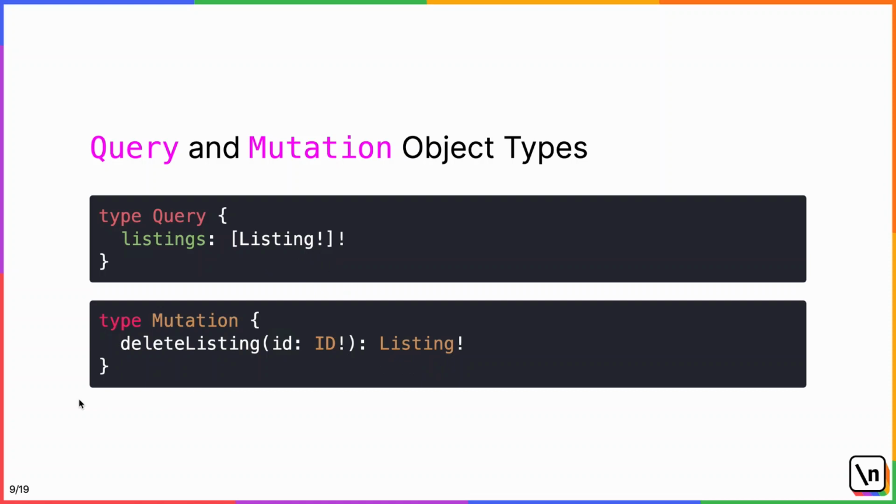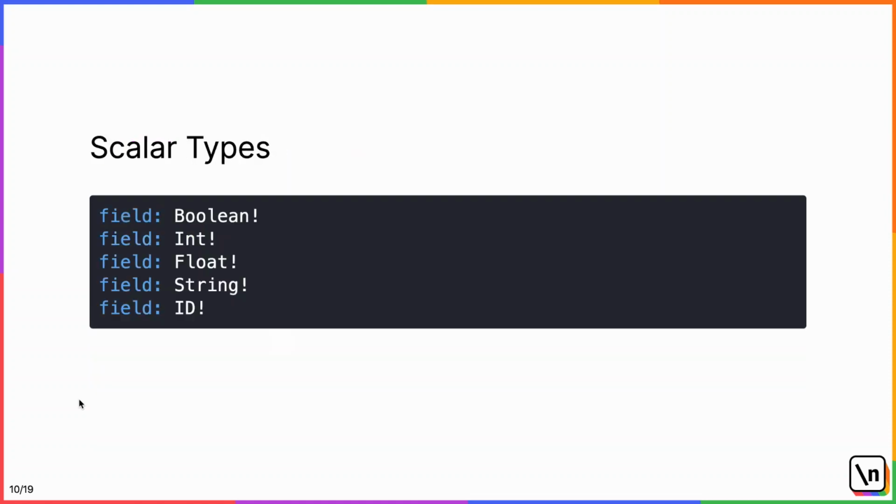A GraphQL object type has one or more properties, but at some point, these properties must resolve to some concrete data. That's where the scalar types come in. They represent basic data types that do not have any more nested properties. GraphQL comes with a set of default scalar types out of the box. Boolean, true or false; int, a signed 32-bit integer; float, a signed double precision floating point number, in other words, a decimal number;